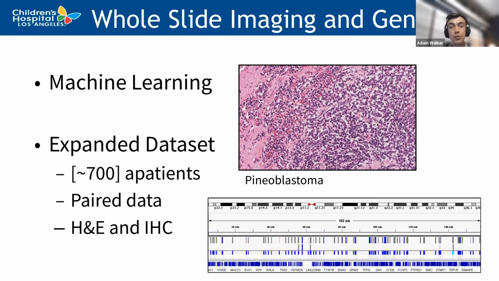pretty much every single one of these patients has a corresponding H&E slide with whatever tumor sample has been submitted. So here we have an example of an H&E of a pineoblastoma, which is another rare tumor and another very specific part of the brain. But the CBTN data set allowed us to get a larger cohort that we can use as a part of